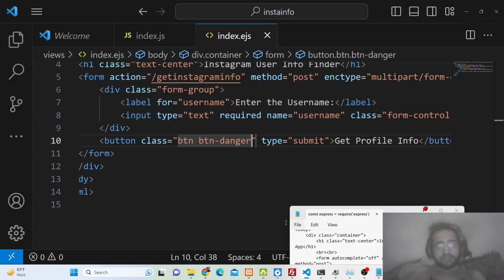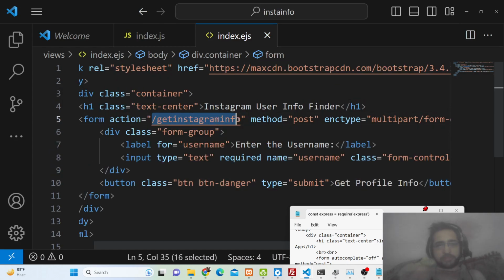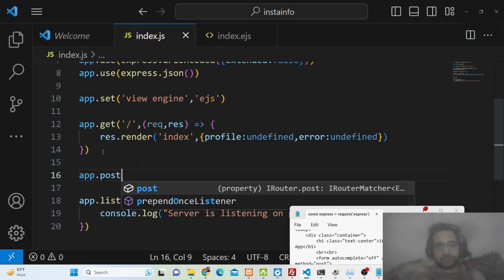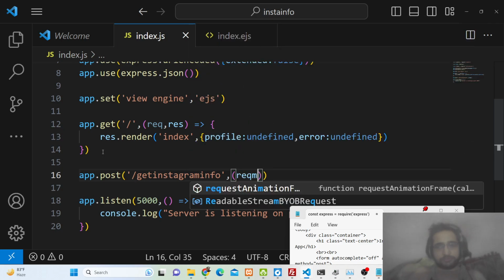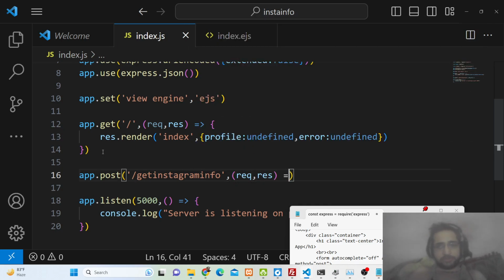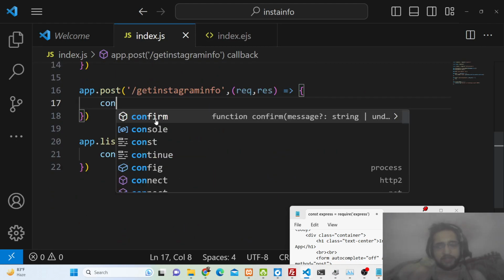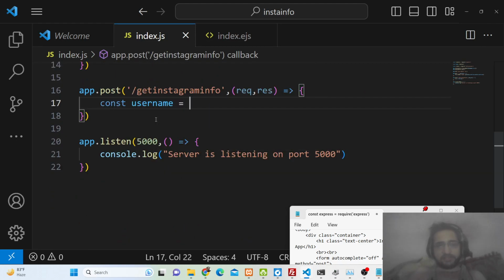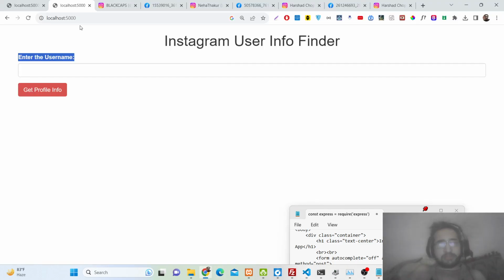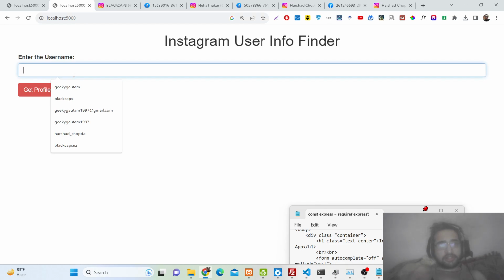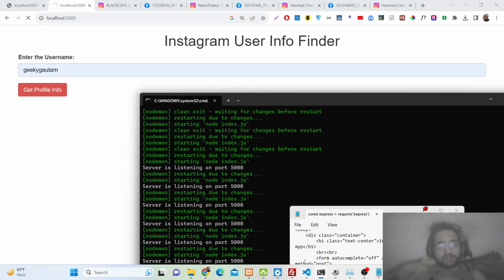So now we need to write this post request whenever we submit our username. So we will basically write a post request, get Instagram info, with request and response. And now we will get the username, guys, which the user has entered. So we can say request.body.username. Then we can console log the username. So whatever username you submit, guys, let me submit this username, you will see in the console,